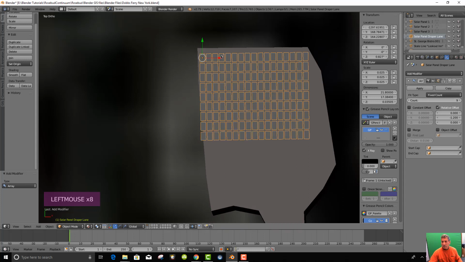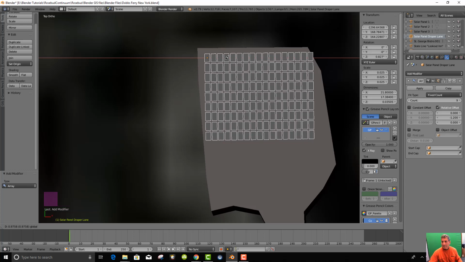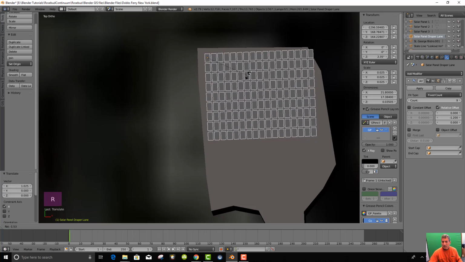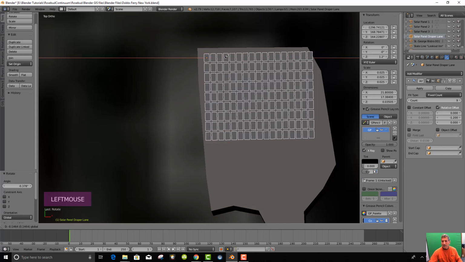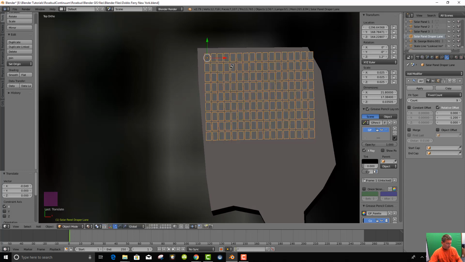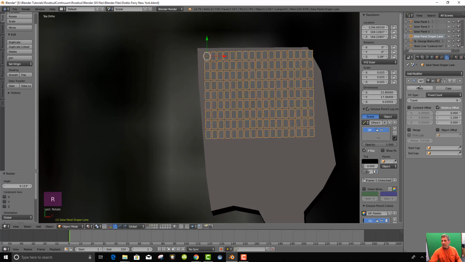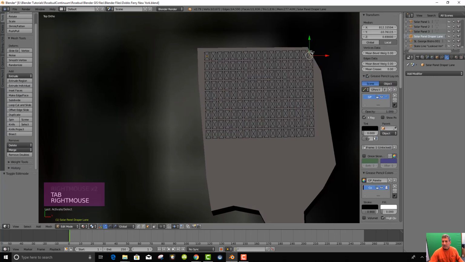Move this over a little bit. Now, in real-life installations, you'd have to remove solar panels that don't fit, so you don't always have an even number of them. They're supposed to face south, and I didn't make the building completely straight anyway. But I'll show you that once I've applied this, this is just one big object. I can go into edit this object, and I can select